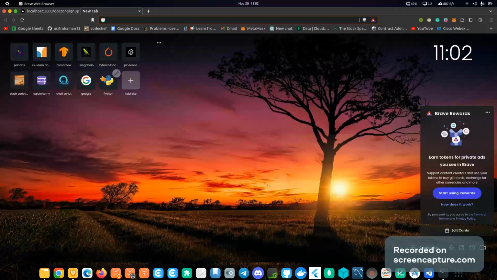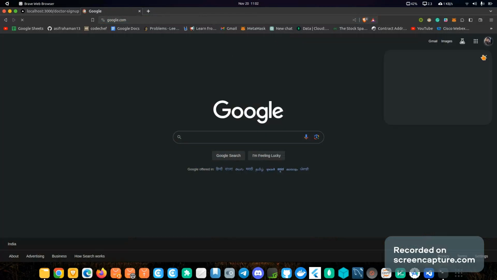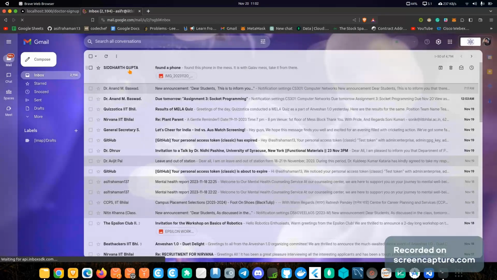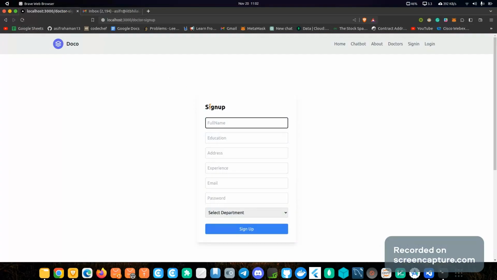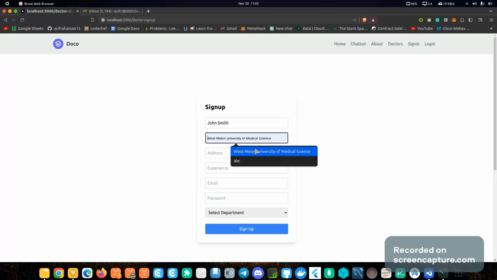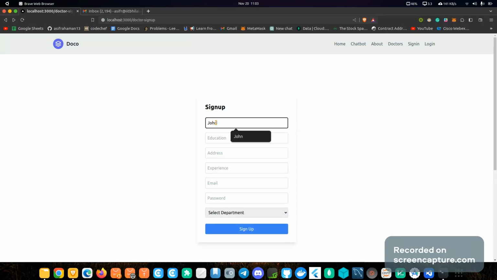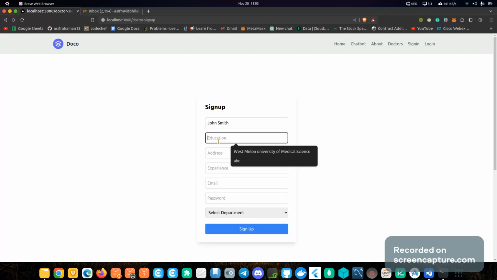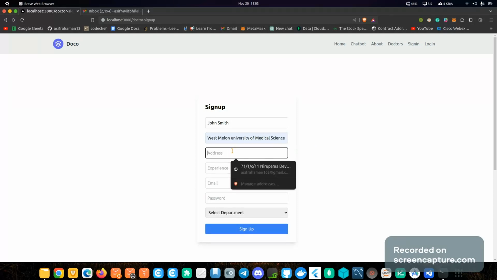Okay, so I will first go to my email, because there is the OTP feature. You need to first authenticate yourself through the email. There is no email coming out from this website yet. So now I have to first enter the details. So let's say John Smith. Education is, let's say, this one. Address is